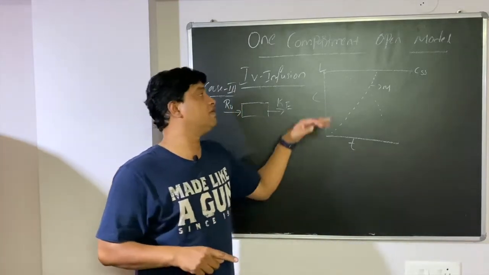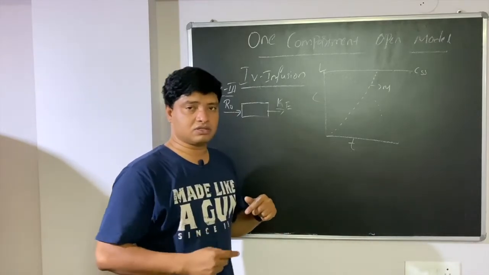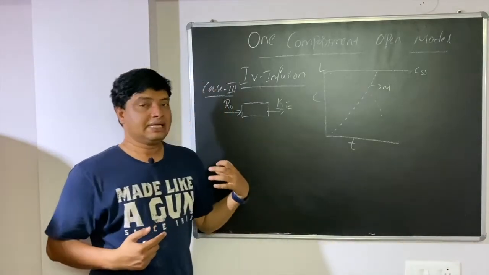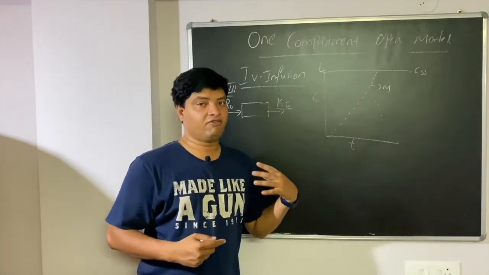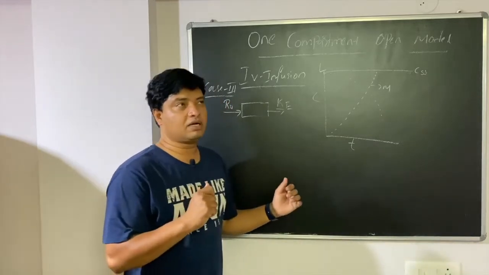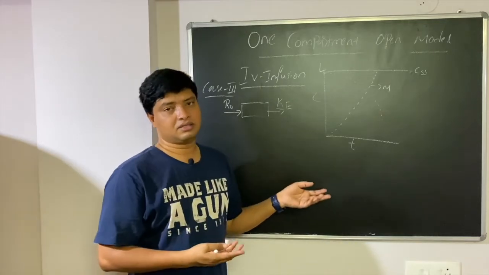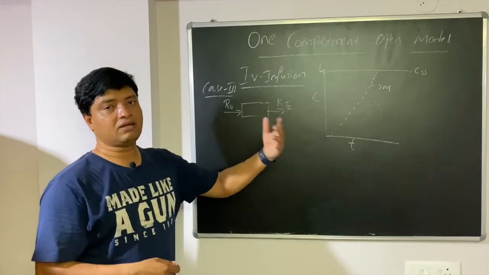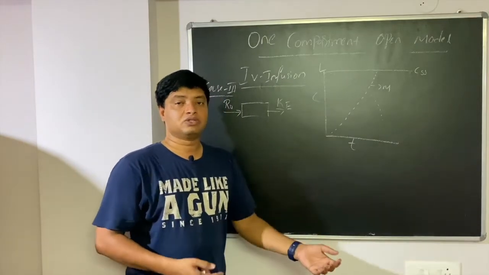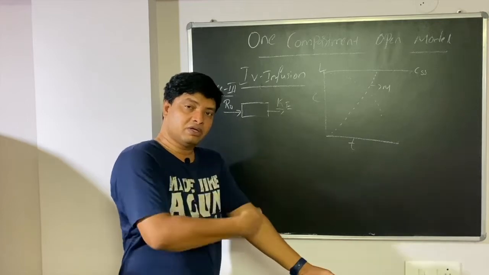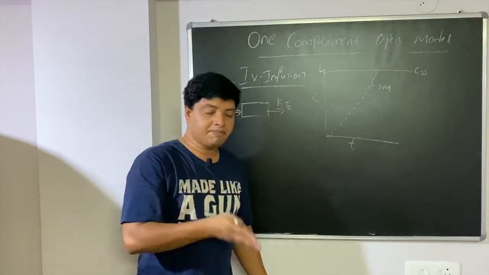You can ask me, sir, why are you giving a loading dose to achieve steady state concentration? In case 2 we achieve steady state concentration only through IV infusion. In such a case you need to wait for 3 to 4 half-lives of the drug. Just assume that the half-life of the drug is 8 hours. Then 8 into 4, literally you have to wait for 32 hours to achieve the steady state concentration in the patient's body. By the time the patient will die.